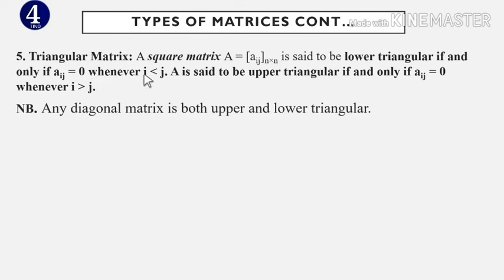aij i is less than j የሆነበት በሙሉ 0 እንደሆነ እናውቃለን፣ i greater than j የሆነበት በሙሉ 0 እንደሆነ እናውቃለን። ስለዚህ ሁለቱንም ክራይቴሪያ የሚያሟላ ስኩዌር ማትሪክስ ስለሆነ ዲያጎናል ማትሪክስ we call it both upper and lower triangular ነው እንላለን። እስቲ አሁን lower እና upper triangular ማትሪክስን በኤግዛምፕል እናያቸው። Lower triangular ማለት i less than j የሆነበት ማለት ነው።